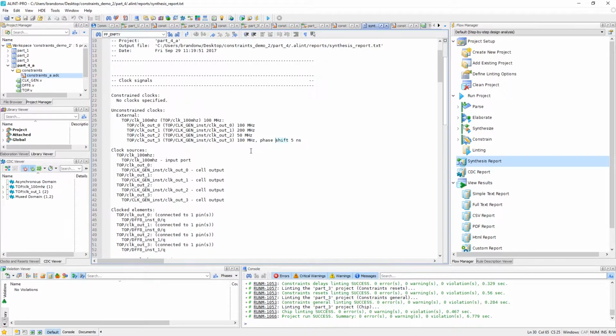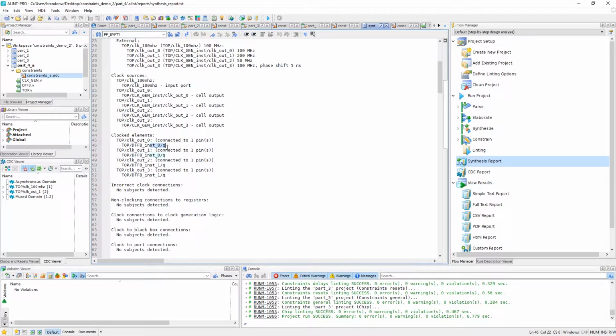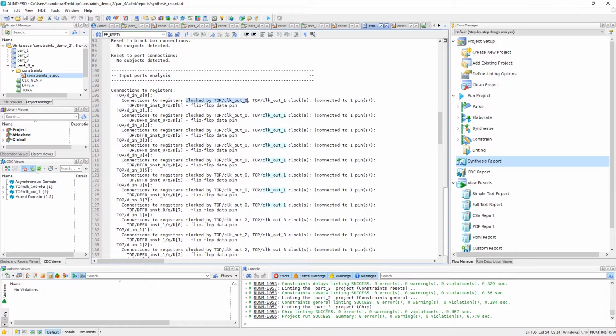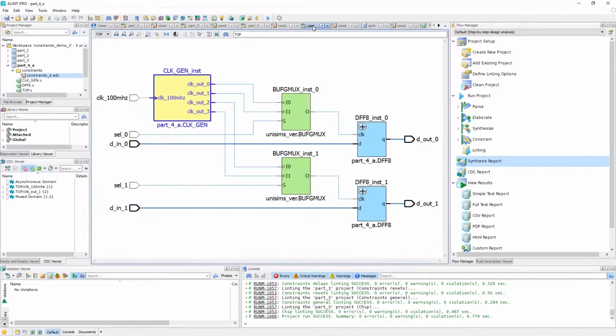Looking deeper into our report here, we can see that within our clocked elements, each instance is being clocked by multiple signals as a result of those multiplexing cells shown earlier. We can see the same story within our input port analysis as well. This is because the tool is pessimistic by default and will consider both clock sources to be propagated from our FPGA multiplexers, thus grouping them into a mux domain, which can create noisy CDC output or even miss important CDC paths in some cases. Of course, actual implementation will only have one of these sources selected at any given time,